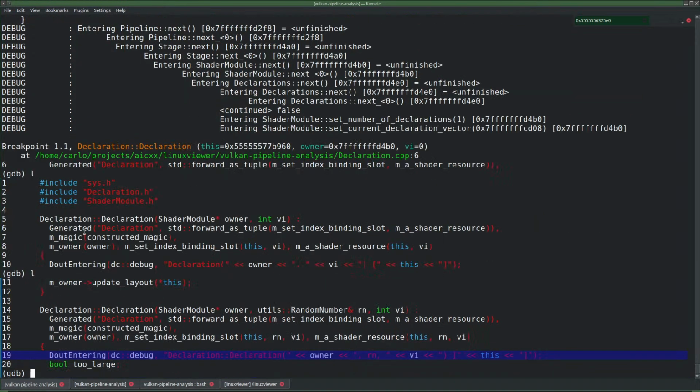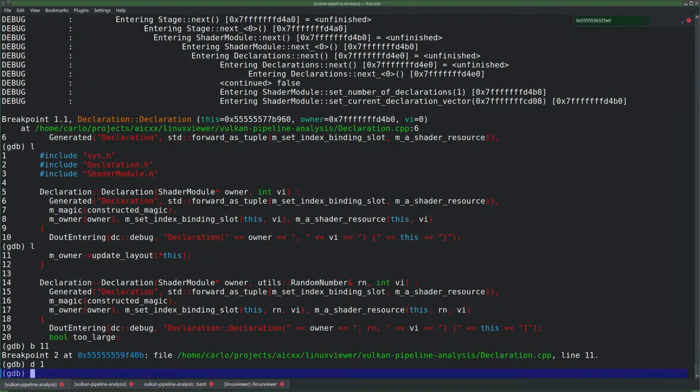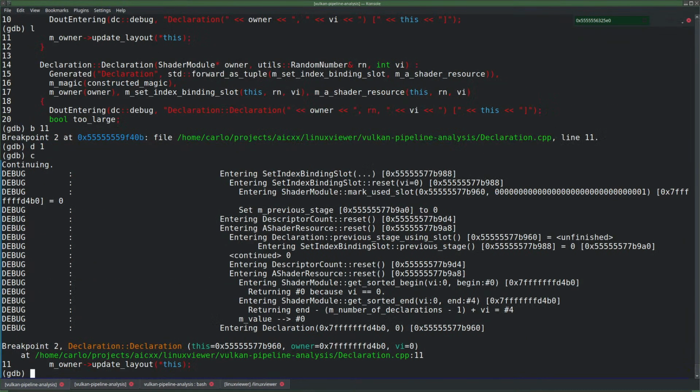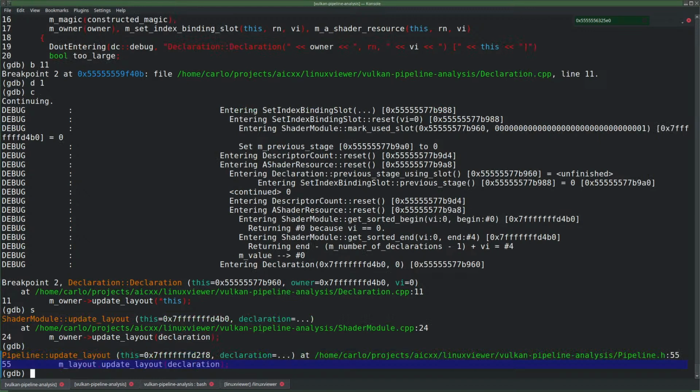And that then should call update layout. I want to follow that, so maybe we should just put a breakpoint at line 11 here. Delete one, continue, step. And then we follow this till